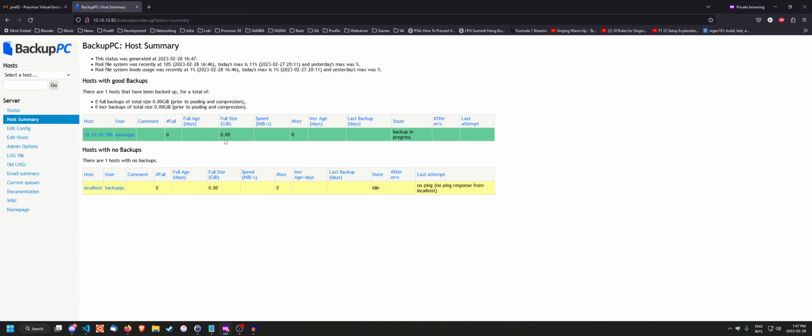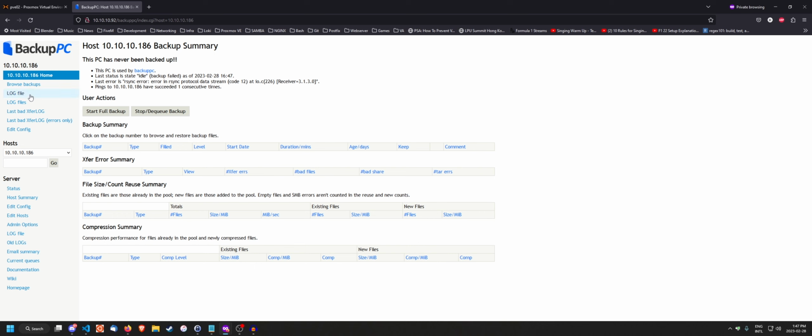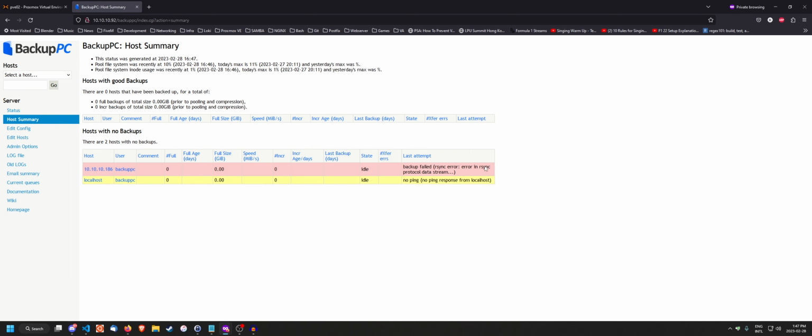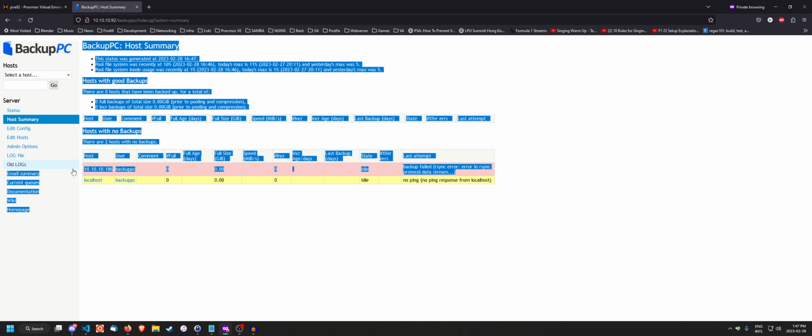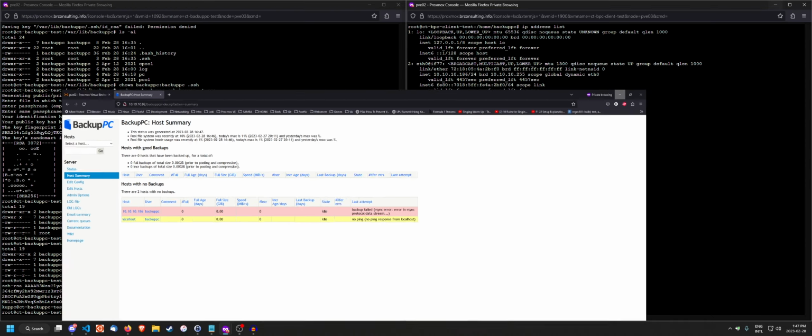If we go back here, you're going to see that the backup is in progress. In the event that it does not do the backup for you, what you're going to have to do... Oh, there we go. There we get this error. Now, here you're going to get this error for the first time, because what you have to do is you